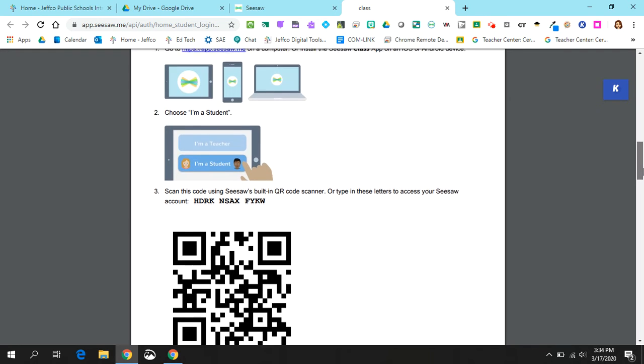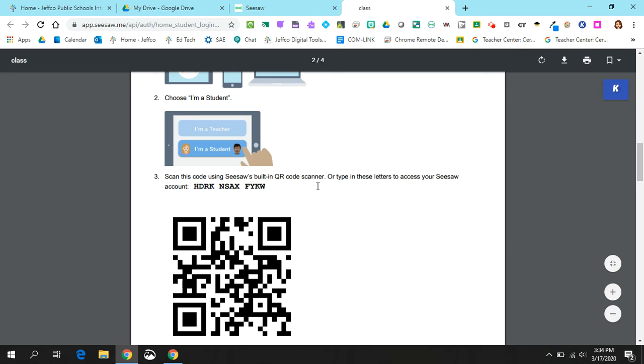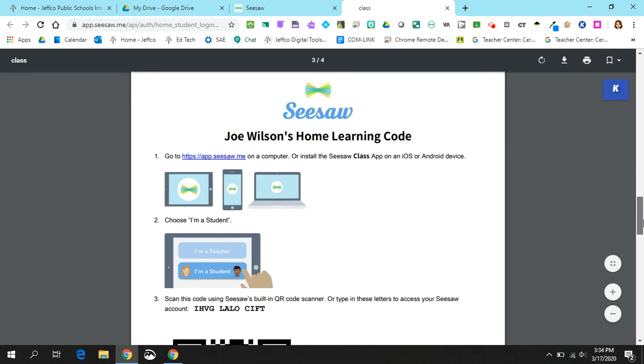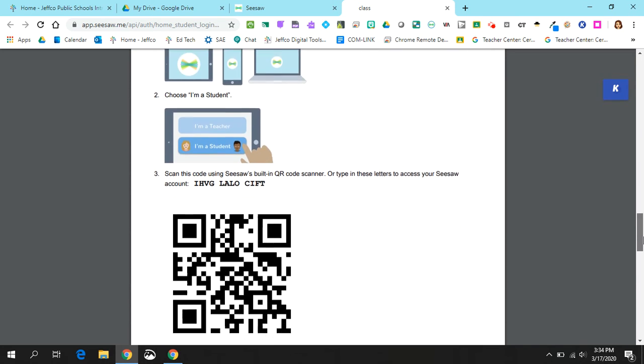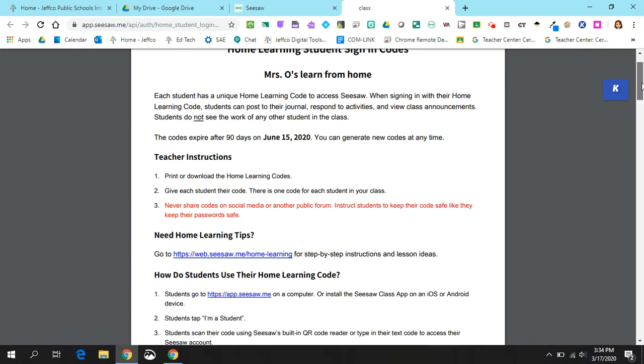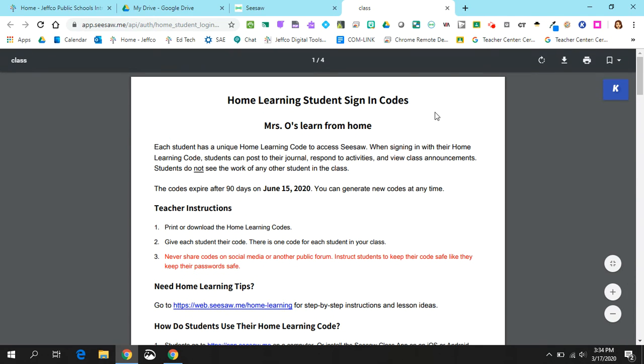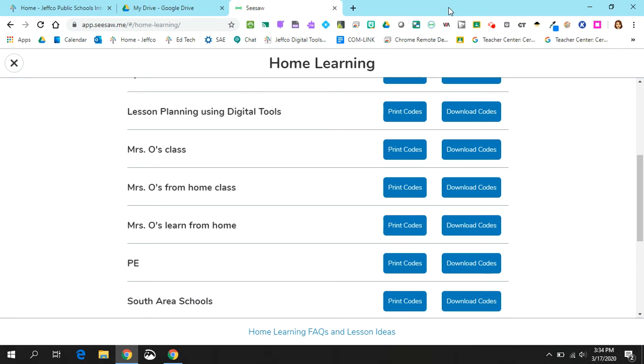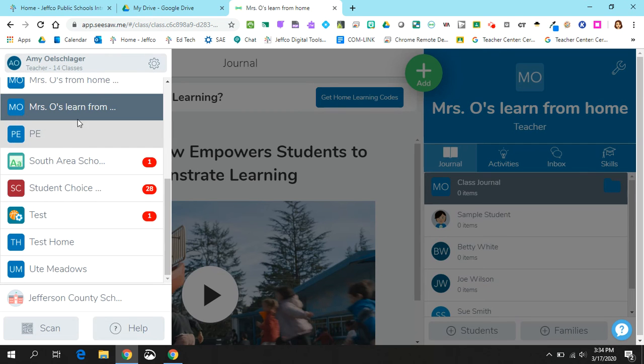Here's Betty White. She's got her own code that she can type in or her own QR code. Here's Joe Wilson, same thing. And then Sue Smith. So all of them have their own unique code. What they're going to do is get that information, type it in, and join the class. Then once they're in the class,